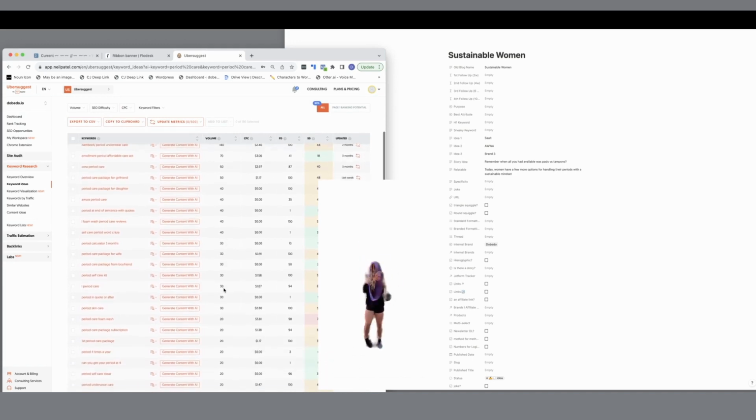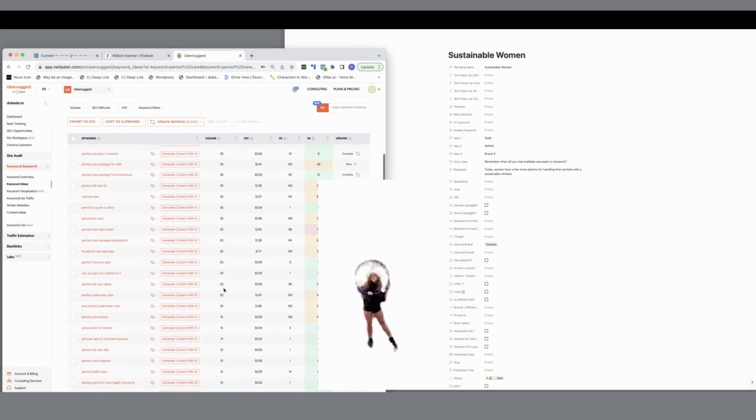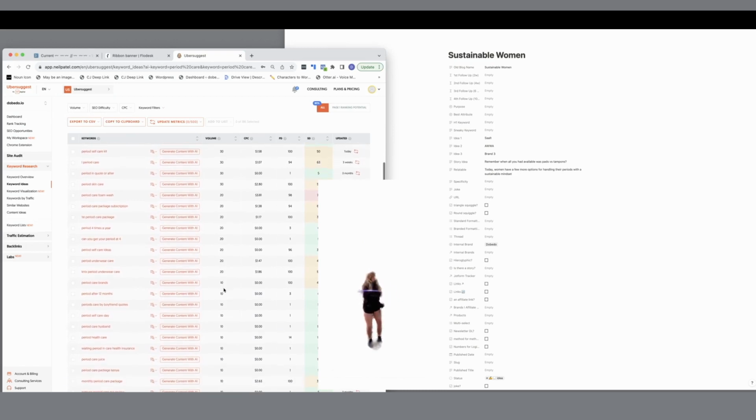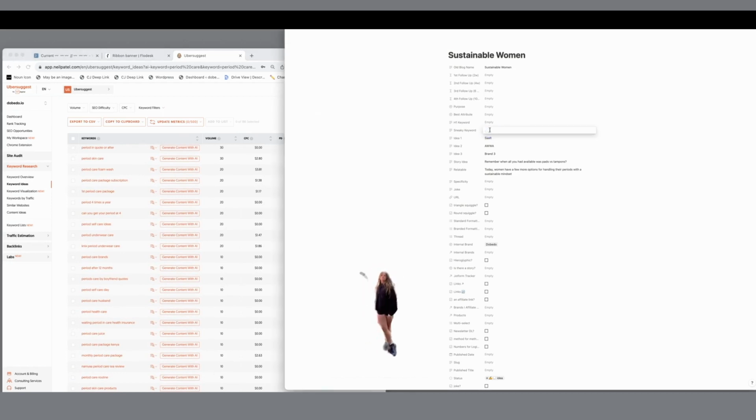Not too much, so since these are low, I'm gonna type them into my sneaky keywords. I'm not gonna make my H1 be something that has only 20 or 30 searches, but I'm happy to use those as sneaky keywords because it's still going to help Google understand what the website is about. So if I'm doing a blog about sustainable companies for women, then one section of that will be period care, and I might just call it period care instead of menstruation,